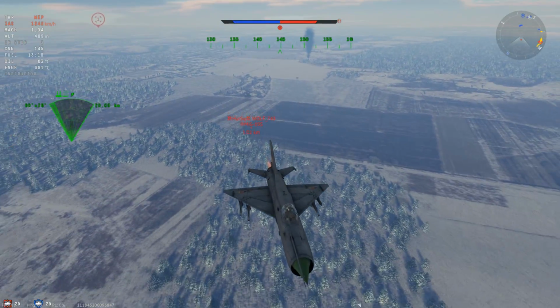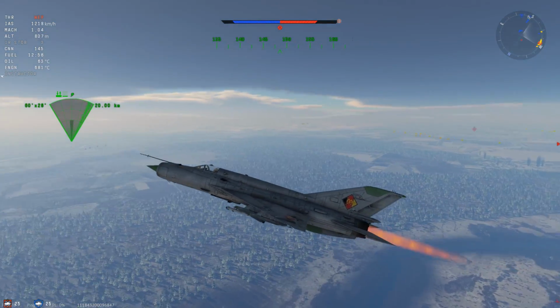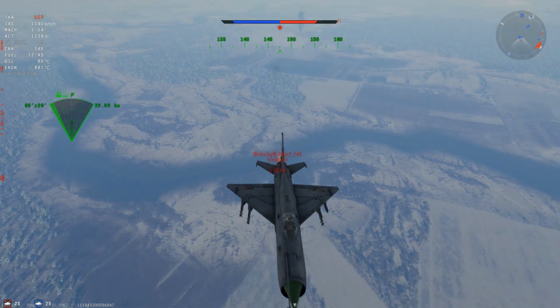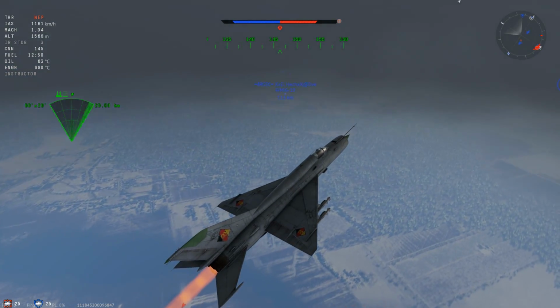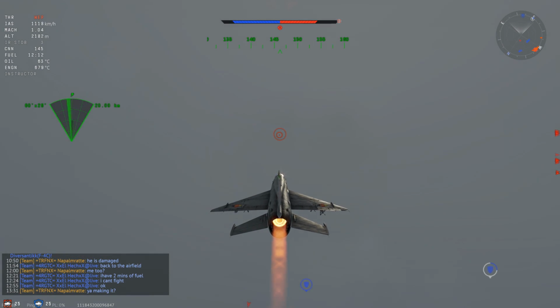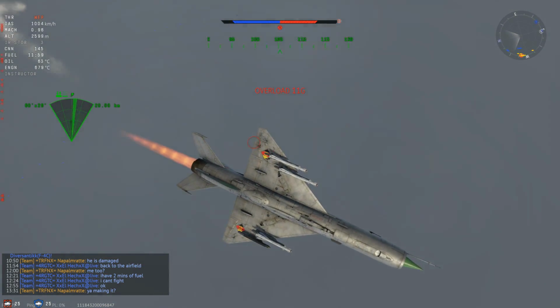So now I think that I have enough distance created, and I have the engine performance advantage that I can literally climb away from this MiG-19. Maybe he is also running out of fuel. He doesn't really look all that fast. So just quickly communicating here with my last team member, and then I see that he is going